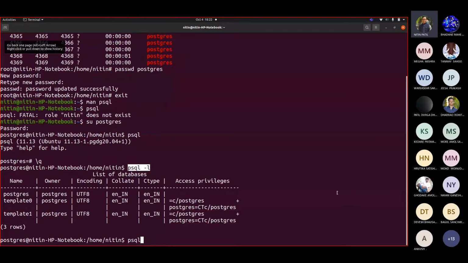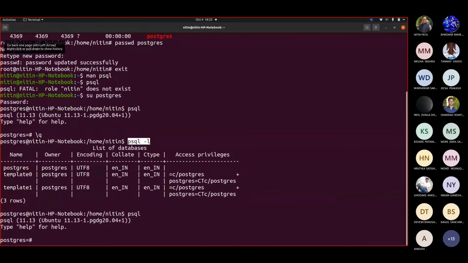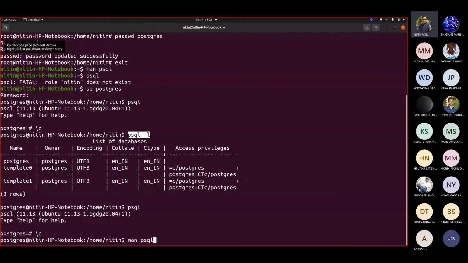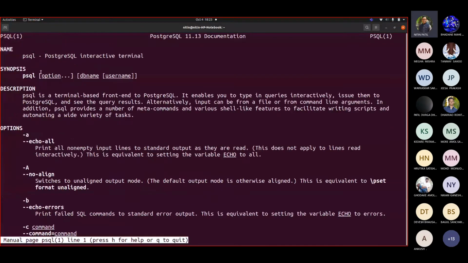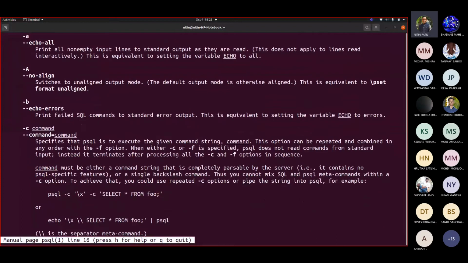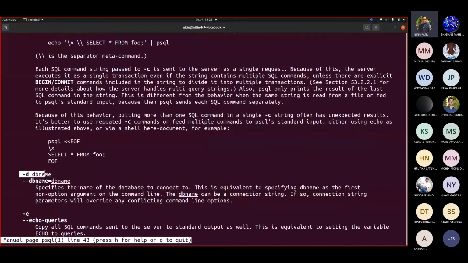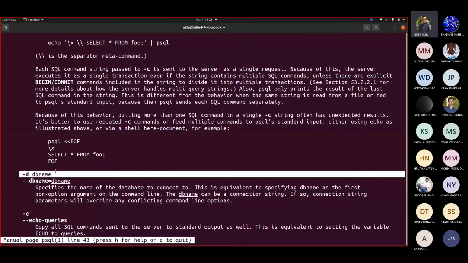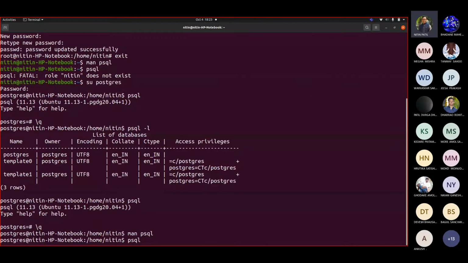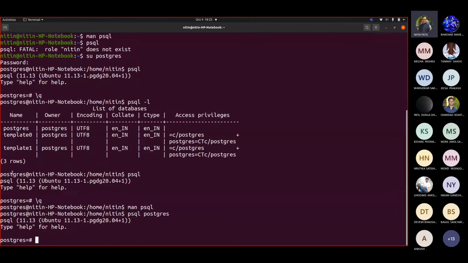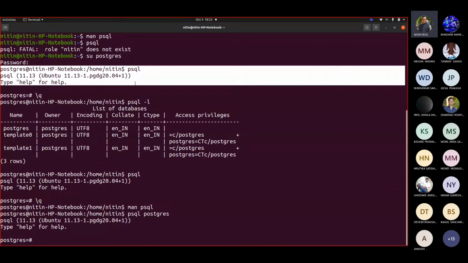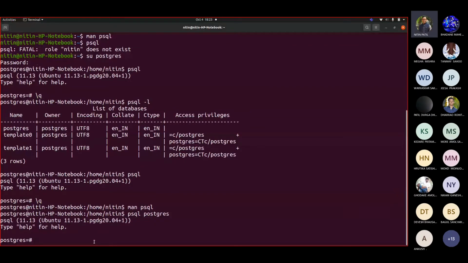Now when you click on this psql, let me first see man psql. So there are options available. Let us see those options, for example, -d. It says -d DB name. So you write -d and directly write the database name. So for example, if I write psql and if I write postgres, it is showing the same thing the way that it showed earlier. When I wrote psql simply, it showed me the same thing. Same case here, correct?